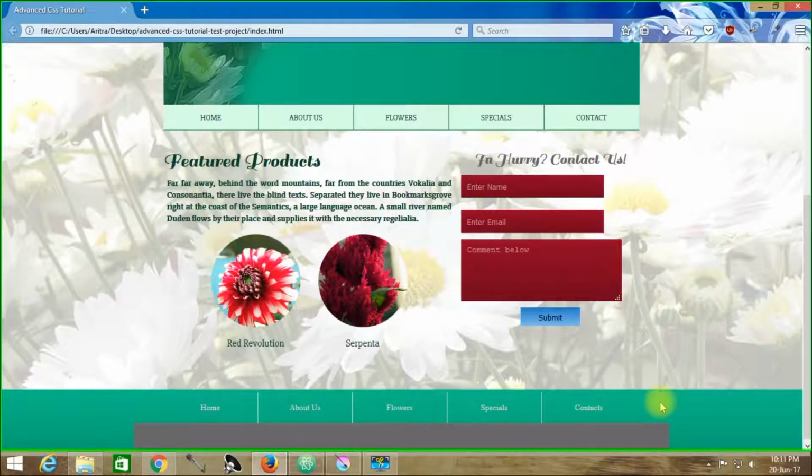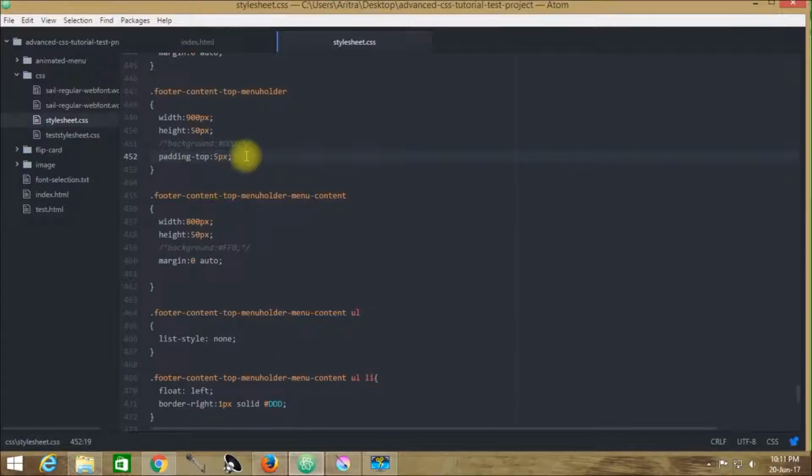Here you can see there's a gap from the top, and instead of padding top, provide it as 5 pixels 0. That means from the top and bottom it will be leaving a total padding of 5 pixels, and from left and right in both directions, under both these conditions, it will be leaving none from its inner cell.